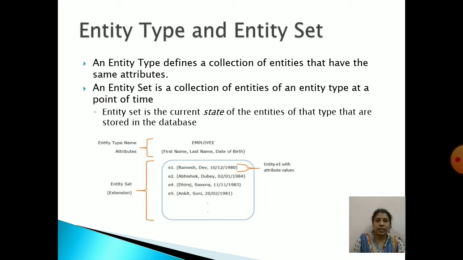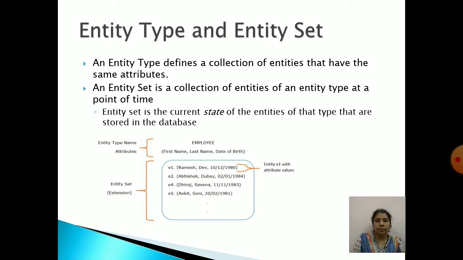Then comes entity type and entity set. An entity type defines a collection of entities that have the same attributes. If I say employee, employee is one entity type. So all employees will have a set of common attributes.